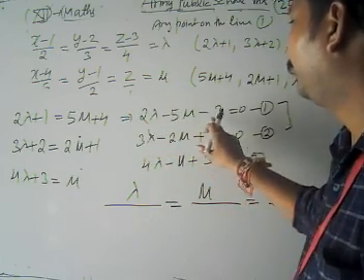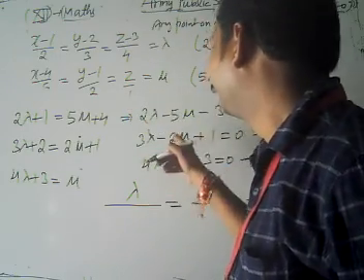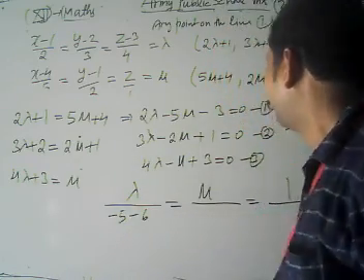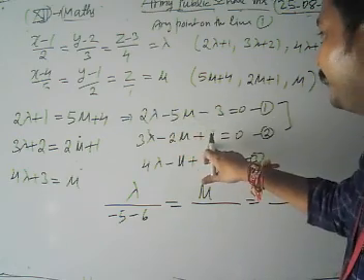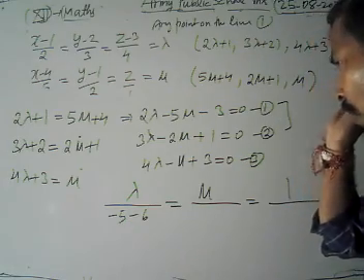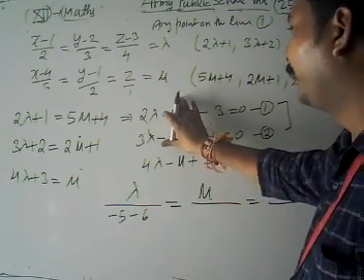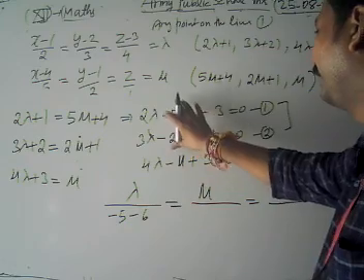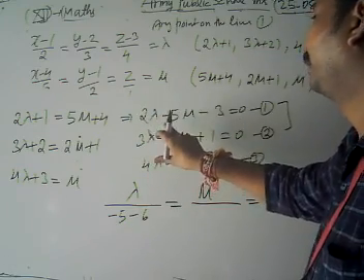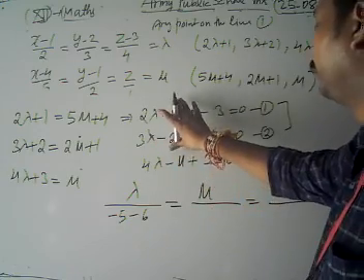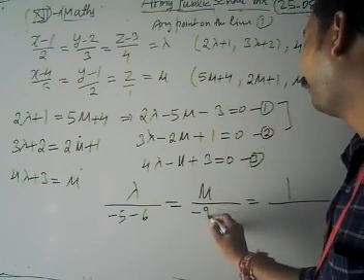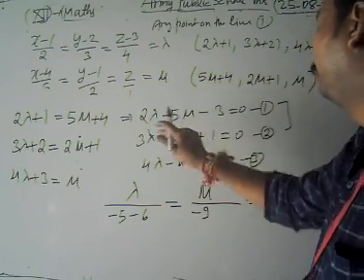Minus 5 and it's a plus 6, minus 6, minus 5, minus 6, because it's a minus 5 and this is a plus 6, it's a minus 6. Now to get the value of mu we have to reverse the order, because I am not going to take the minus sign there. First of all we have to take this one here, but we have to take it in reverse order.